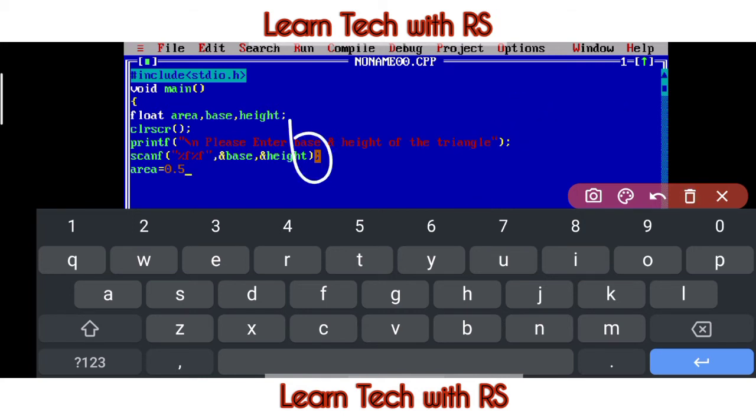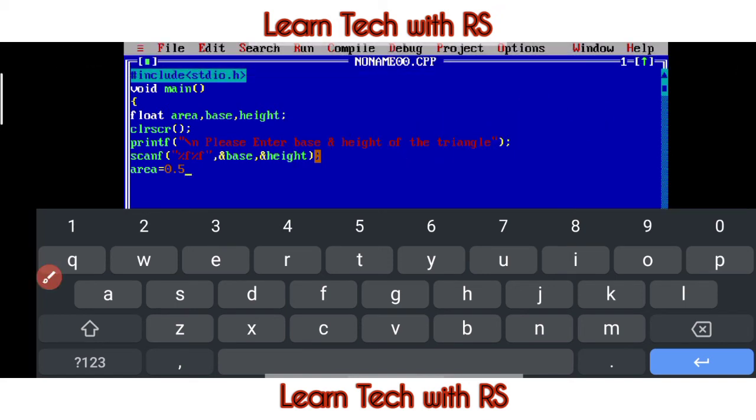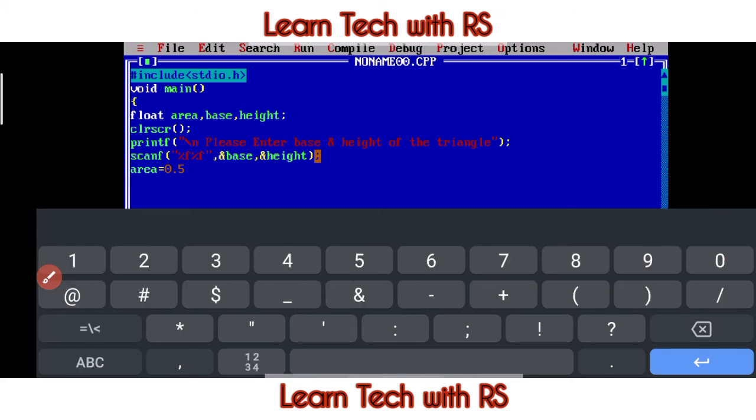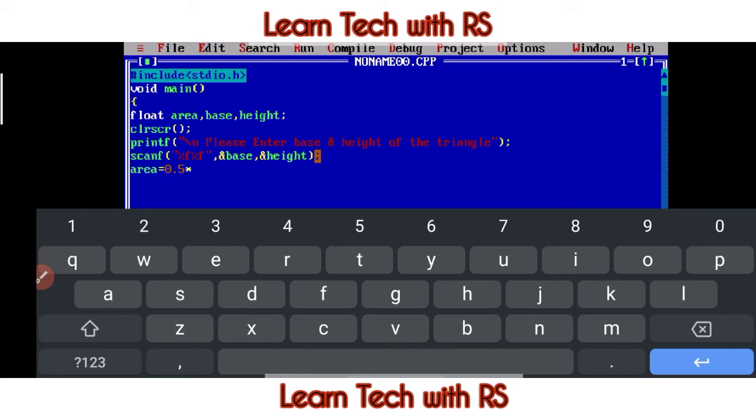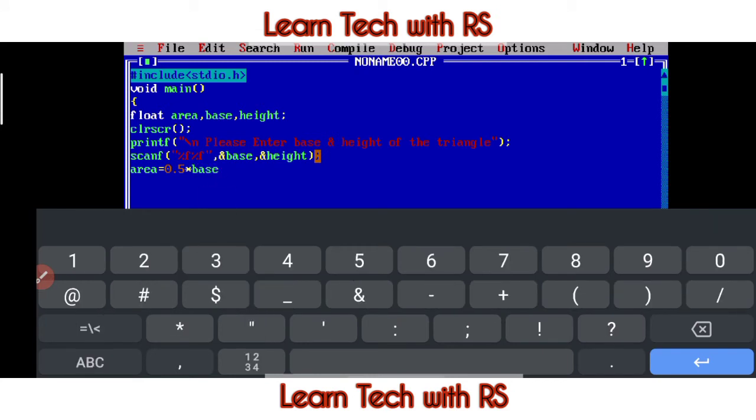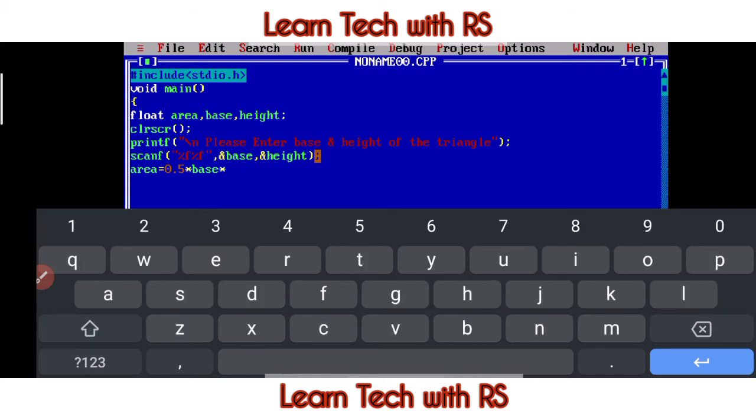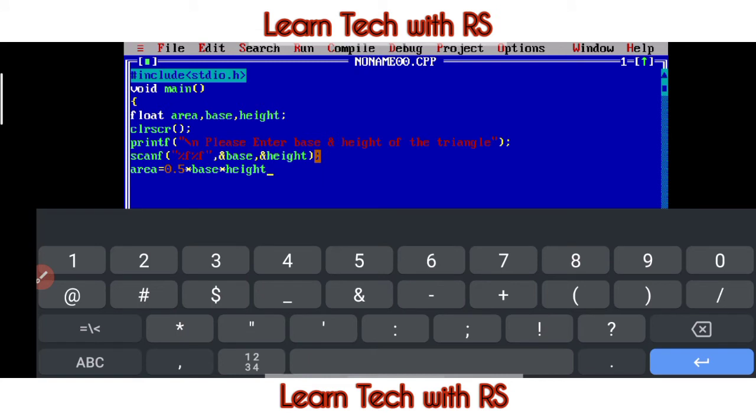So basically 0.5 equal to half into base into height. Okay, so half into base into height, for into we will use the asterisk mark, into base into height. Okay, then